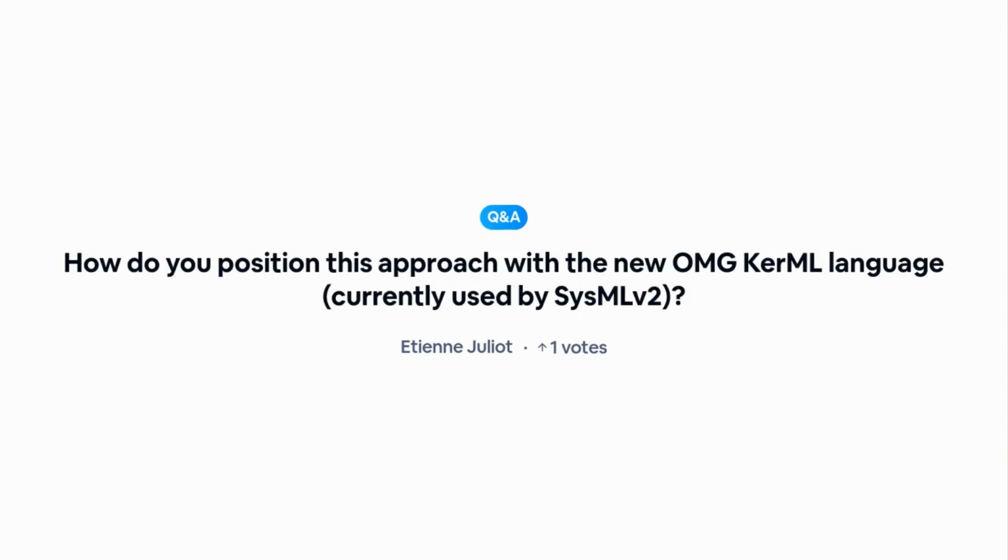Next question: how are you positioning this approach compared to the new OMG KerML language? Right. I also thought about this problem. If you remember, I talked about a vocabulary stack. KerML is a foundational or core layer in the stack that can also be represented with a vocabulary, and then SysML is another vocabulary that extends KerML.